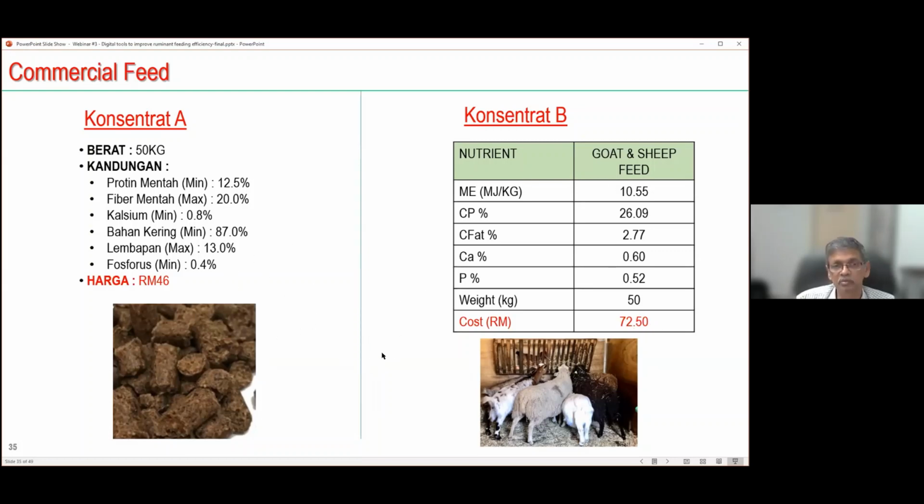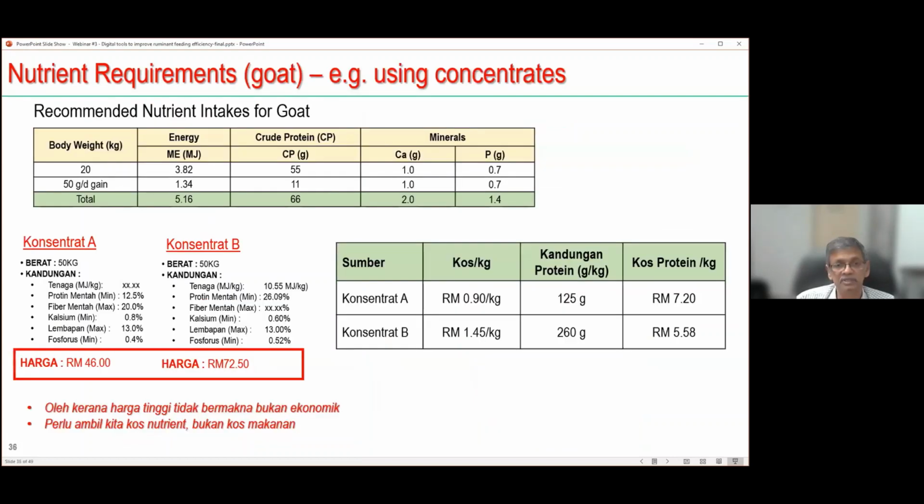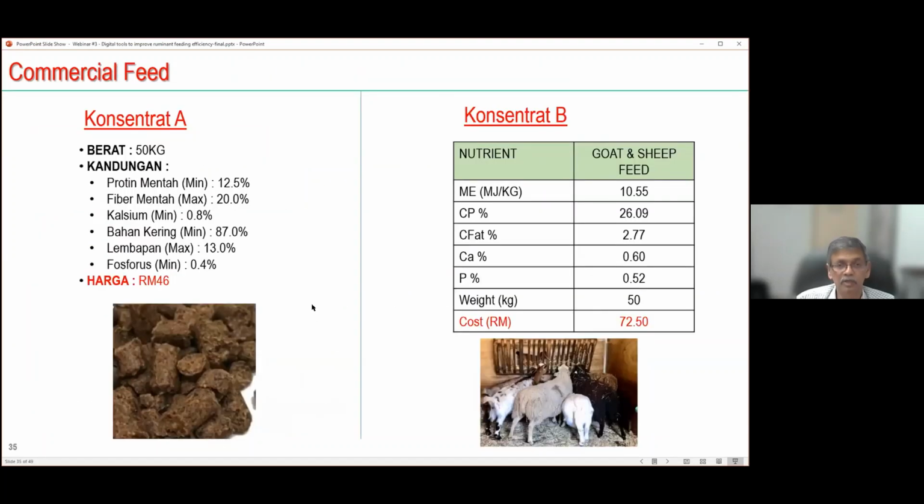So you can do by using a system to calculate to make sure which is efficient, ataupun kadang-kadang farmer beli yang murah, dia ingat is efficient. I'm going to show you which is which. So for example, kalau kita break down in terms of kandungan protein, the other problem I want to highlight is kadang-kadang local